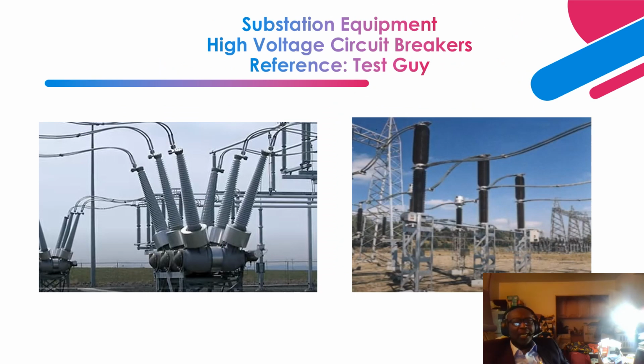Okay, so another substation equipment, high voltage circuit breaker, right? So I told you that there are two types of circuit breakers that you can see at transmission level substations and sub-transmission level substations, right? So this first one is a dead tank circuit breaker, and I've explained in the previous slide how this circuit breaker works. The next one, basically close to it, is the live tank